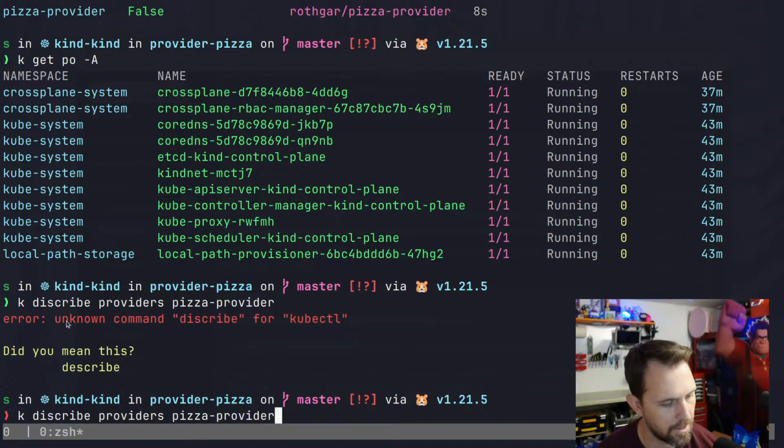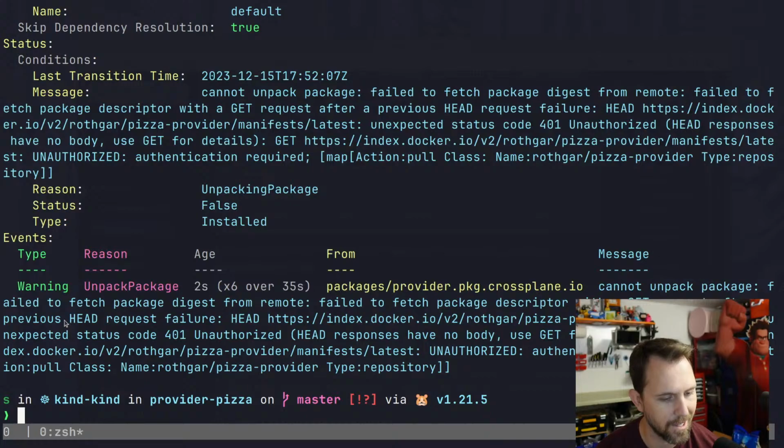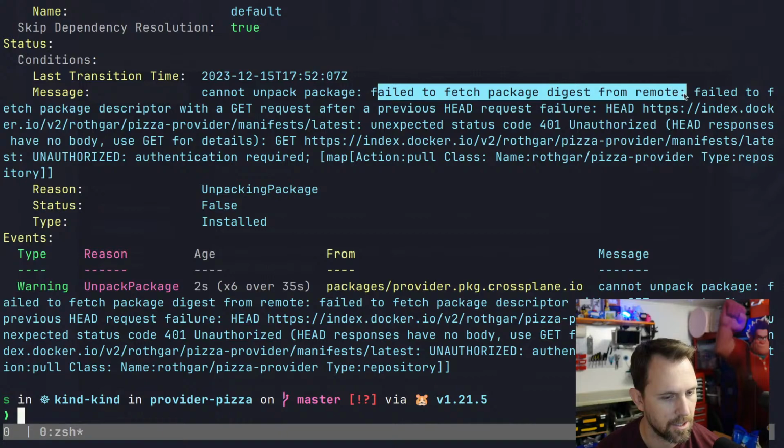I didn't type that right. It's describe. I'm telling you, my keyboard just off at a slight angle is amazing that I can't type. Cannot unpack package, failed to fetch package digest. This isn't a package, I think. This is just a container. If I